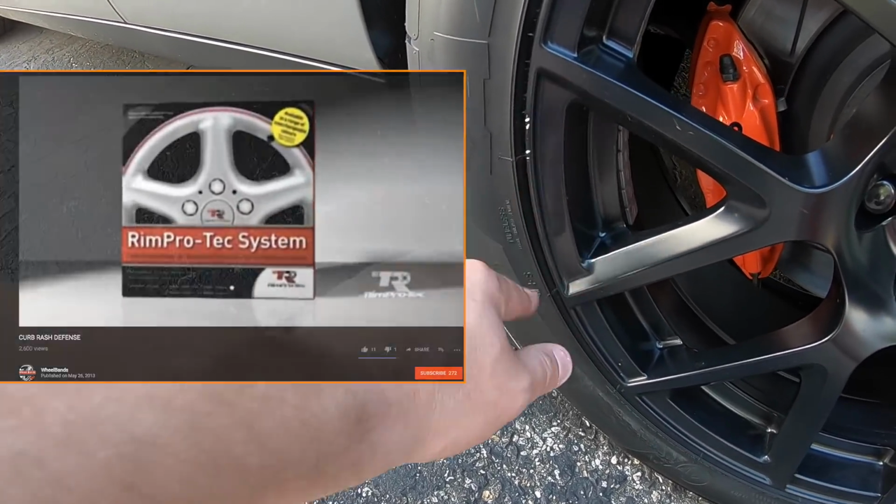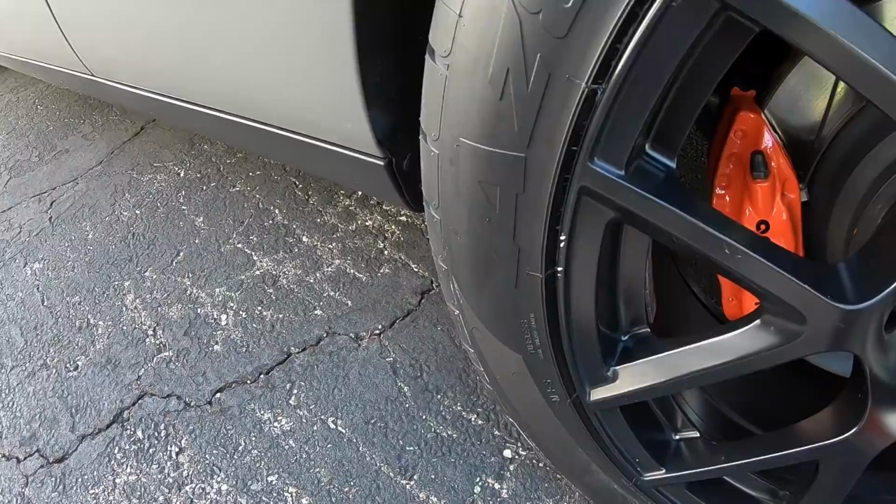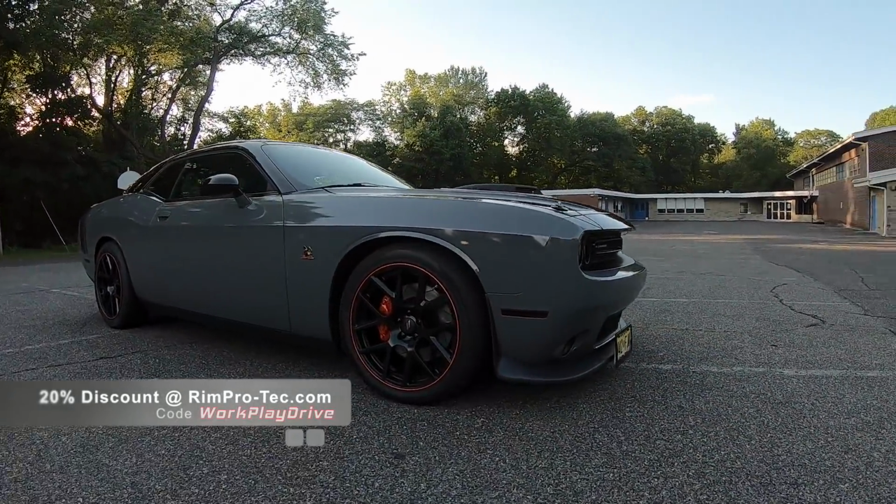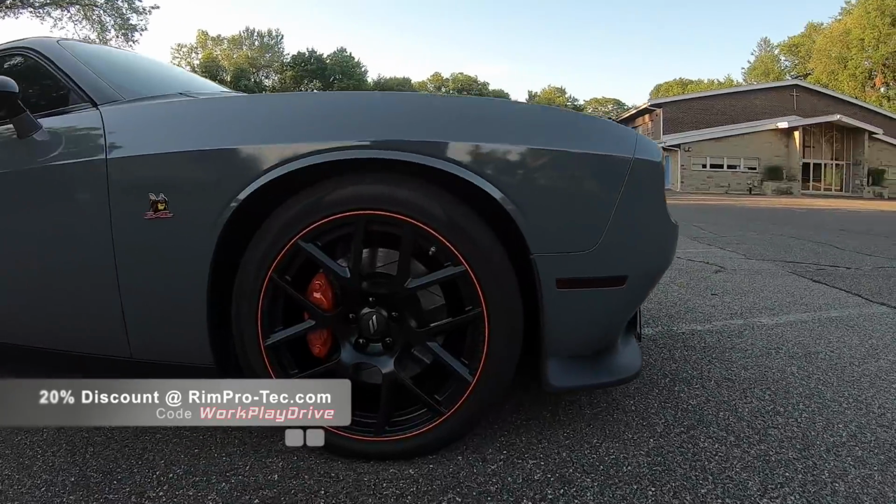So I'm not willing to test that, but if it ever happens, I'll be sure to let you know how it holds up. The RimPro-Tec system is priced in most cases below other systems,